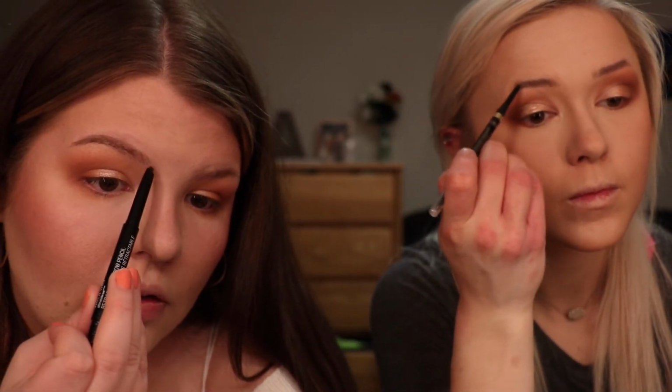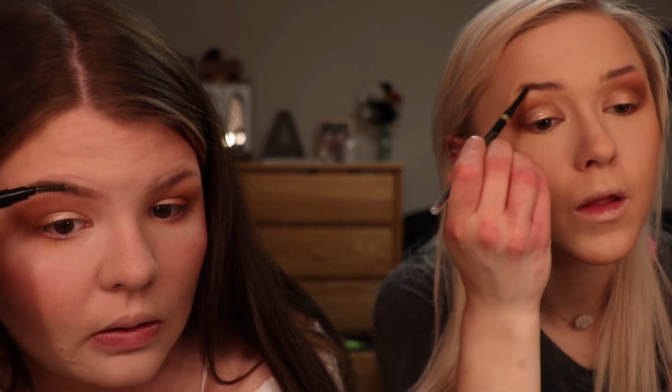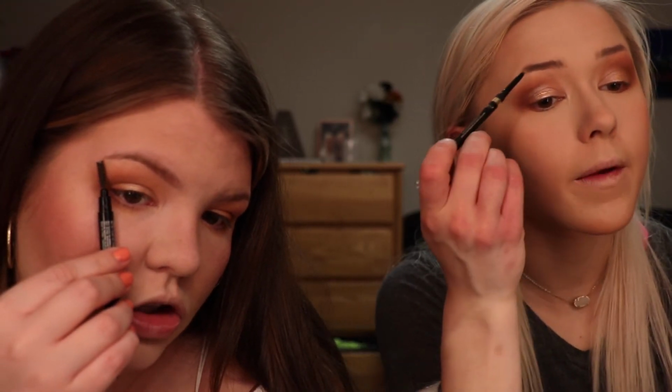I personally follow it with a pencil first because I find that it lays the brow hairs down a little bit better. I don't have much of a tail, so I fill it in quite a bit. But if you have a good tail, I wouldn't fill it in quite as much as I am right now. Then I like to spoolie the product in to blend it. I say usually you want to draw it to the edge of your...